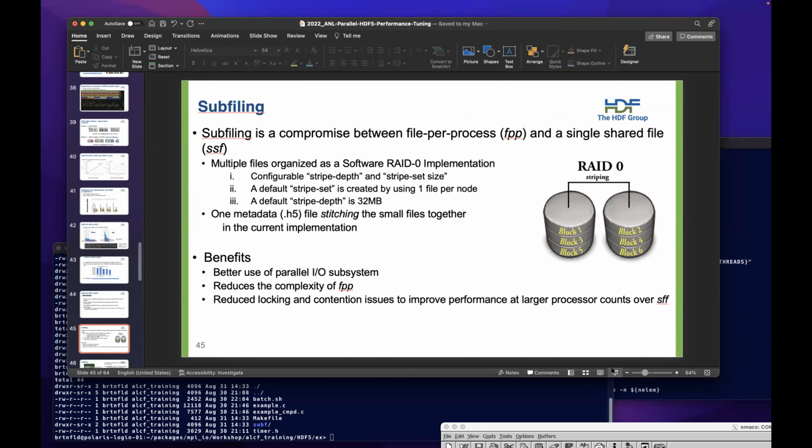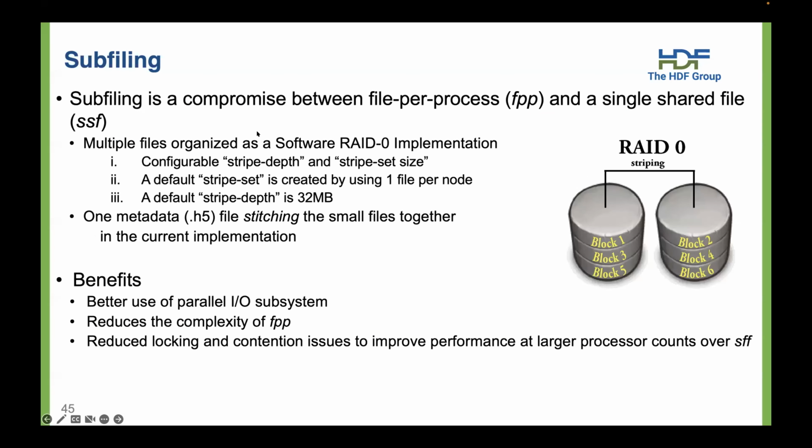Okay. All right. So we have a new feature that we're working on called subfiling. It's basically a compromise between a file per process and a single shared file. You'll have multiple files organized as a RAID 0 implementation, so you configure both the stripe depth and the stripe set size. The default for the number of stripe sets is 1 file per node, and the default for the stripe depth is 32 megabytes. And we have 1 metadata